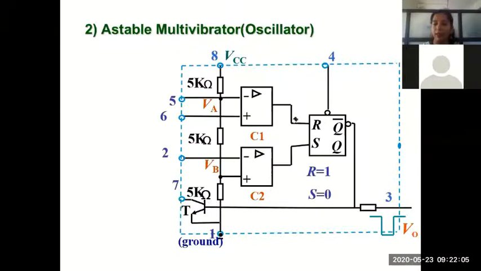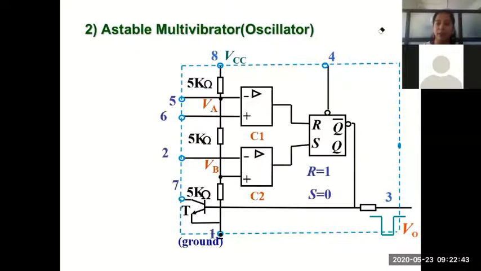And as we can see, the outputs of the comparators are connected to the S and R inputs, and Q bar is the final. We take the complemented output from the flip-flop, which is connected through a power amplifier and inverting stage to get the final output. So to get this final output, it passes through a power amplifier along with an inverter, and the same connection is also connected to the base of transistor T, where this transistor T, which is a discharge transistor, can be switched on or off depending upon the value of this signal Q bar.